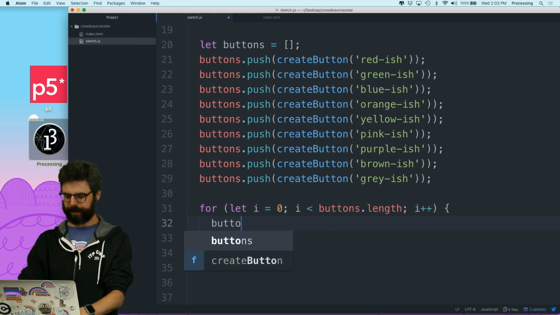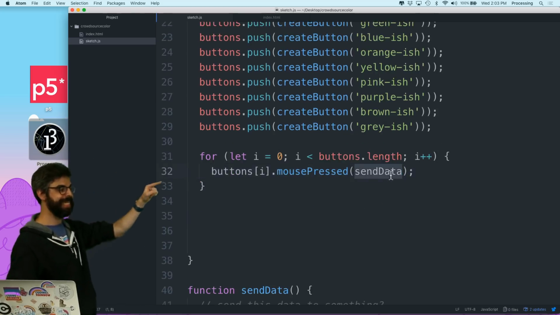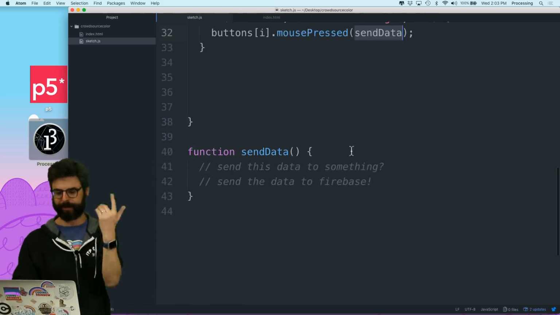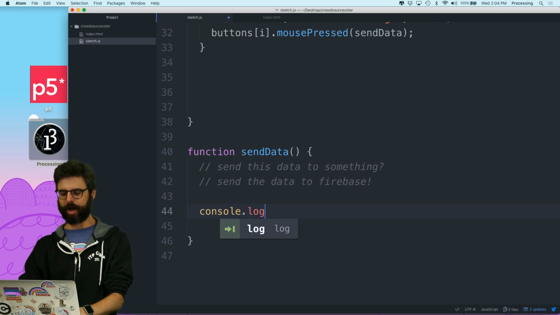And then I should just be able to say buttons[i].mousePressed(sendData). So this is me assigning this sendData event to every single one of those buttons. And guess what? Right here, I'm going to just say console.log